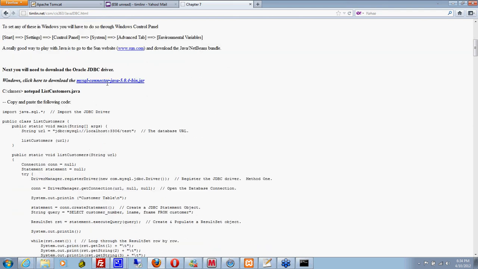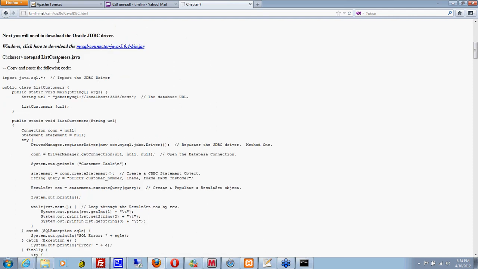You can download the MySQL database driver. As far as I know, this is still the current one. I haven't looked to see if there's anything more current, but this will work with all our examples. I think I did hear they were going to come out with a new one, a 5.5 driver or something. So you might want to look into that. This particular example here uses